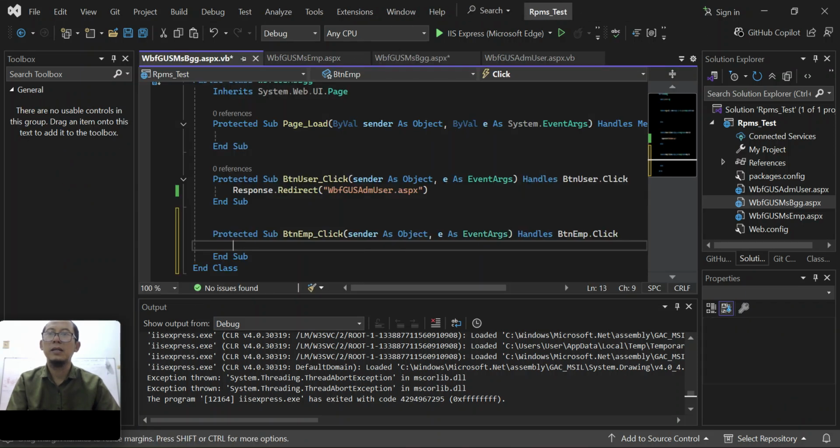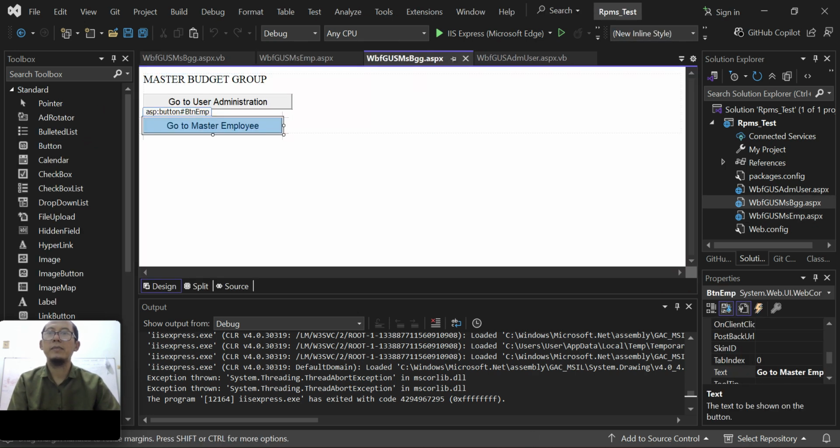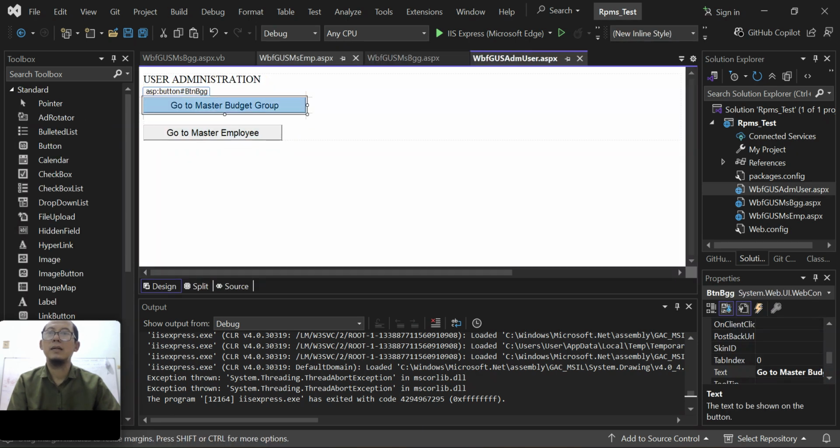Go to master employee, goesmsemp. What if I am in master employee?